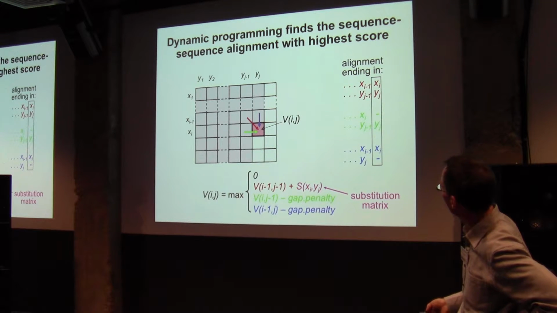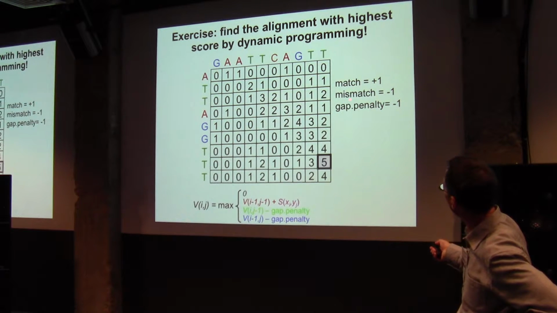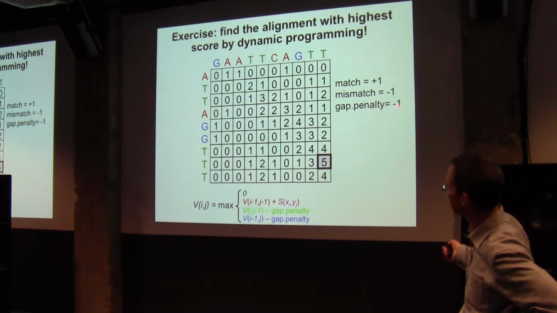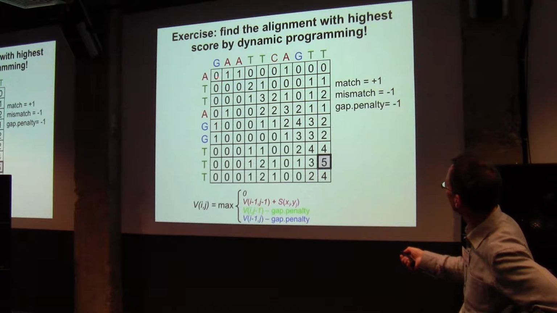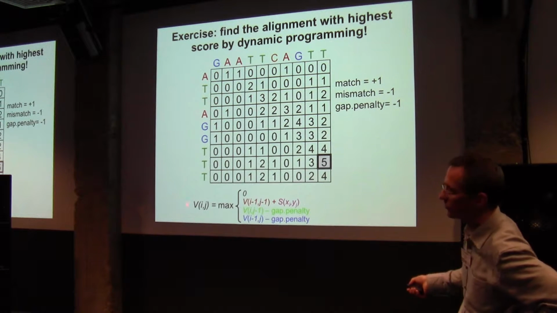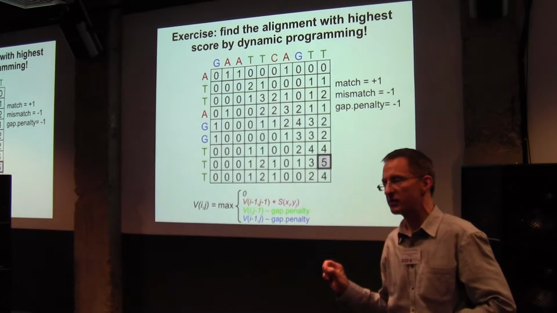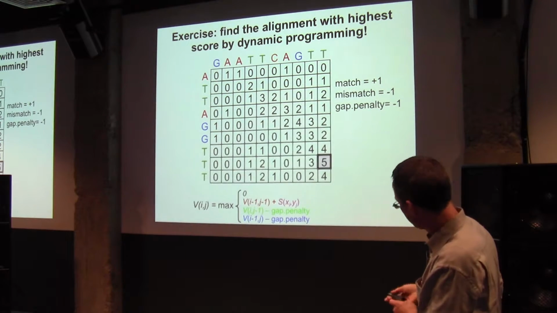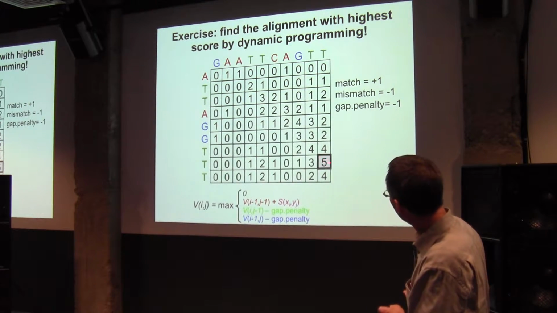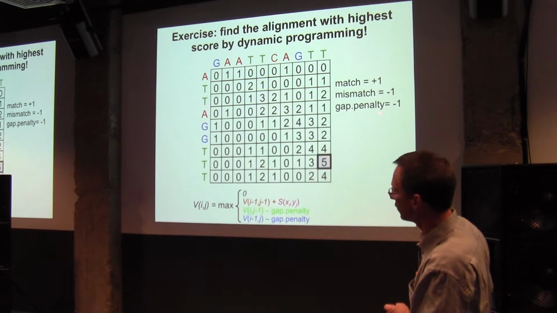And then you go up to the very end. Here is an example where we just have a match score of +1 and a mismatch of -1 and a gap penalty of -1. And so this is what you get when you fill out this matrix, and in this case it's simply nucleotides. Then you look for the maximum score in this matrix, and this score tells us that there must be an alignment that ends at this cell and that has a score of 5. Okay, so that's the sum of the match, the mismatch, and the gap penalty scores.